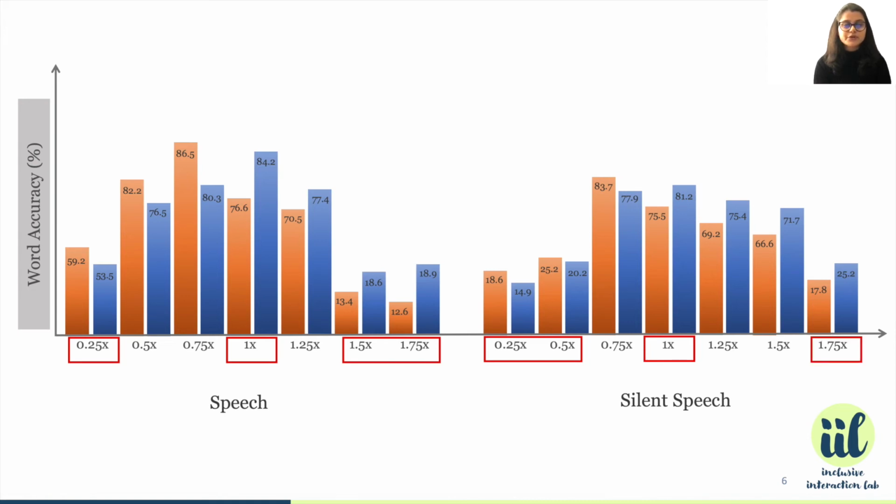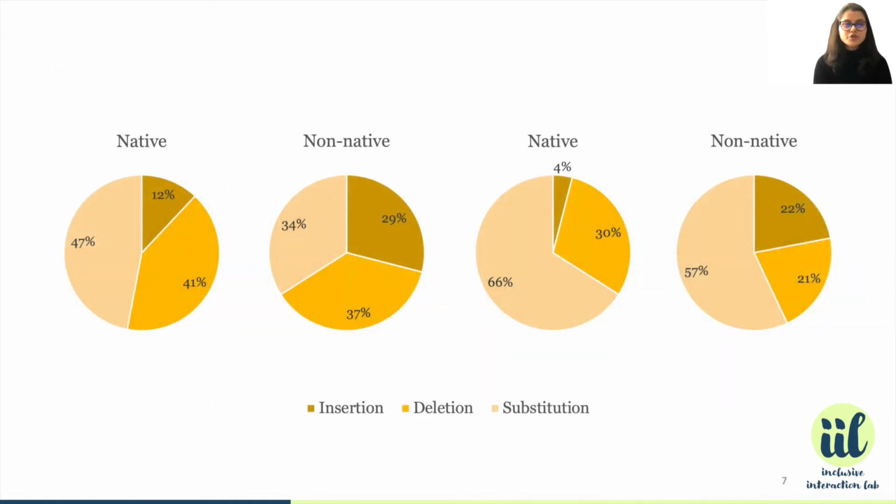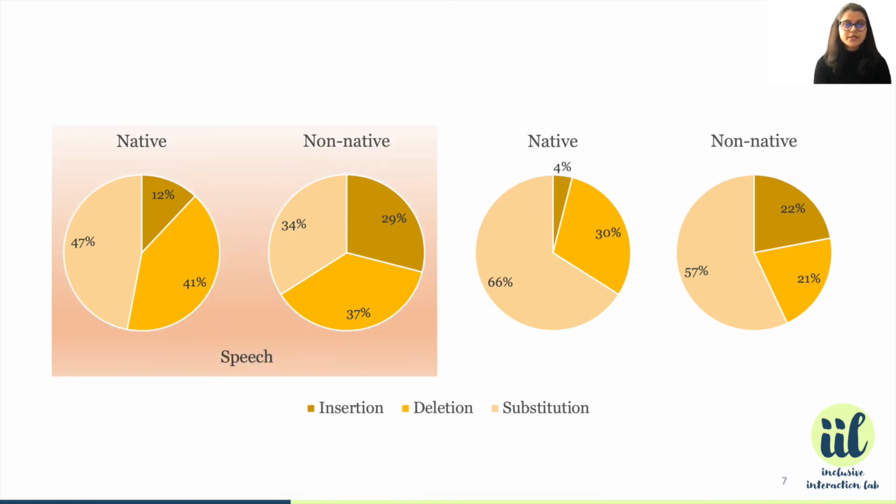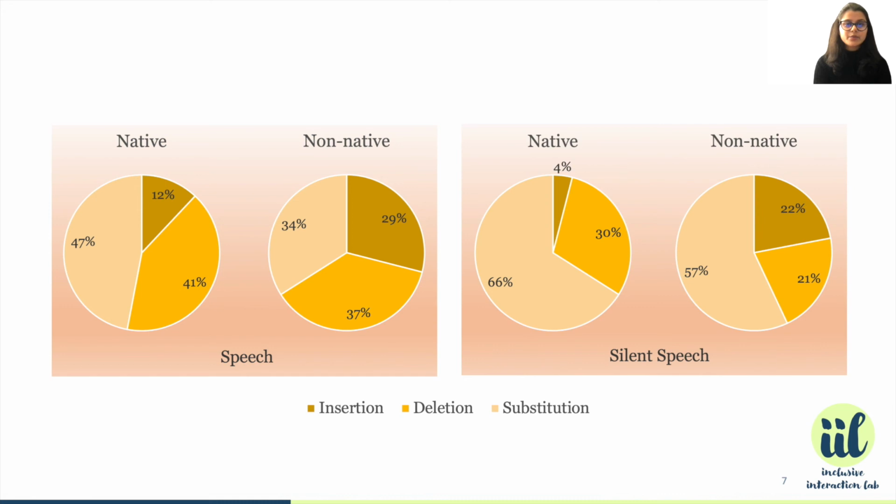for both user groups. A post-hoc analysis revealed that native speakers committed 59% lower insertion errors, 11% higher deletion errors, and 38% higher substitution errors than non-native speakers with speech. Whereas with silent speech, they committed 81% lower insertion errors, 42% higher deletion errors, and 16% higher substitution errors than